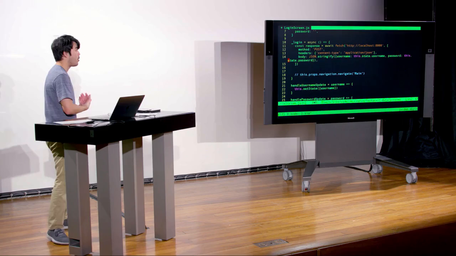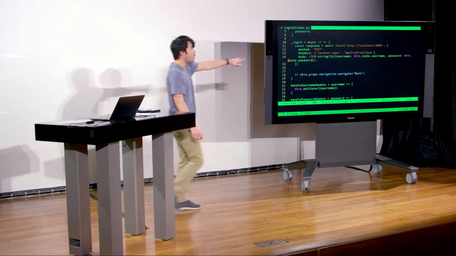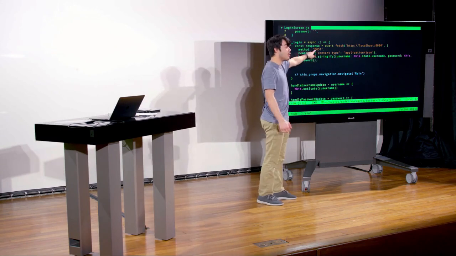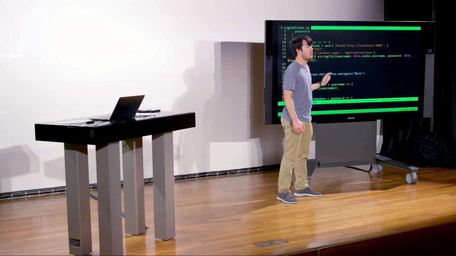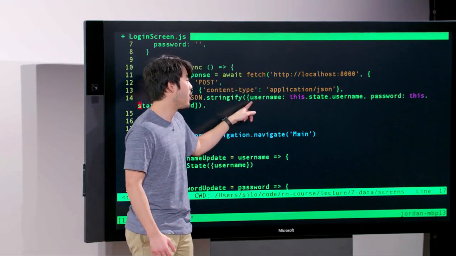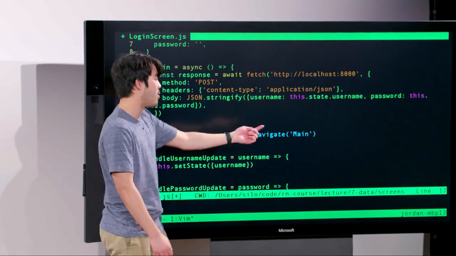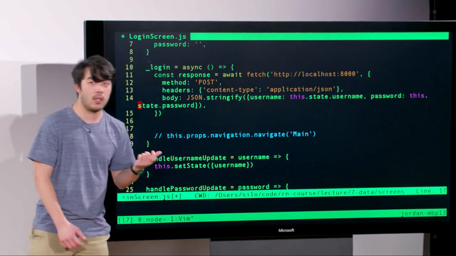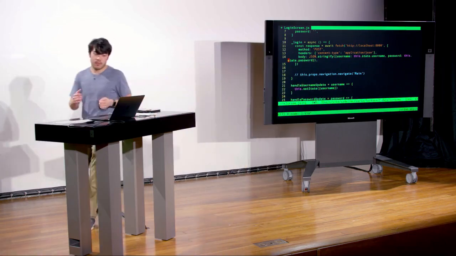So now we have this. So we have, we're fetching to this URL. We're sending a post. We're telling the server, hey, by the way, some JSON's coming. Here it is. It's an object with a username where the username is this.state.username and password is this.state.password. Here you go. And now we can go ahead and say